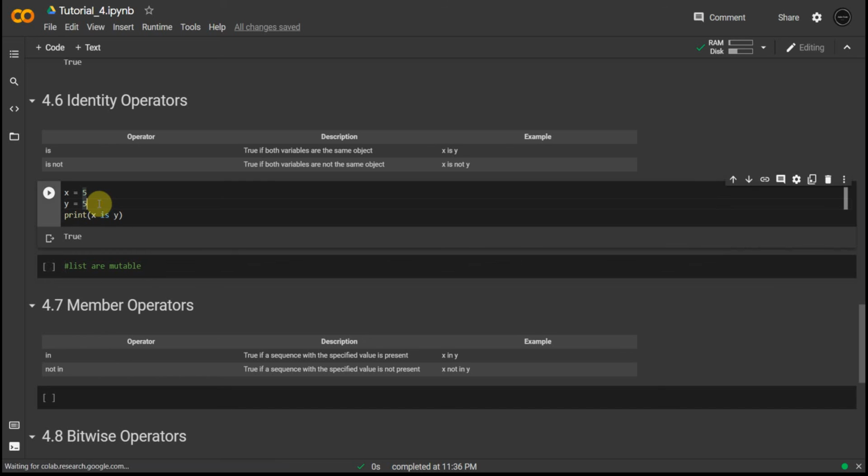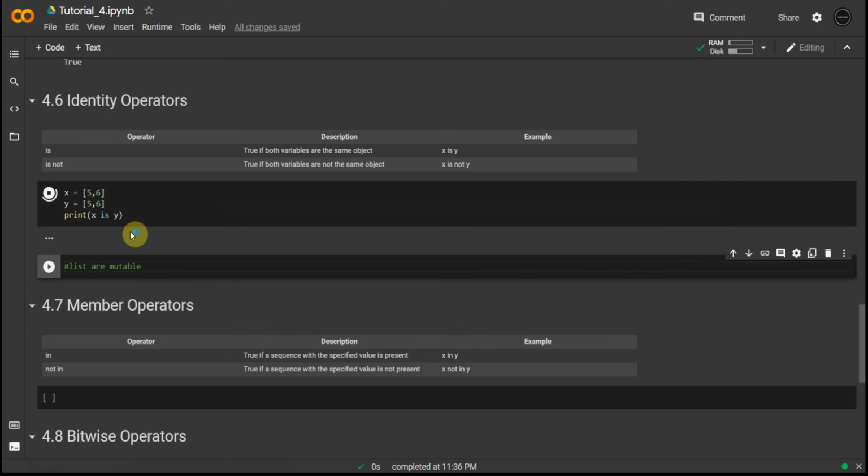Now it is not true for lists because of the mutable property of lists. If you create two lists, they are stored at different locations. We will discuss lists in the next video. As you can see, this is false. This is the only exception here. Please keep in mind that this is a really important question for any platform, that lists are mutable and